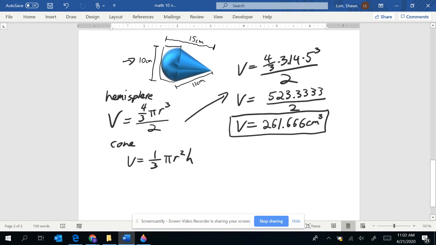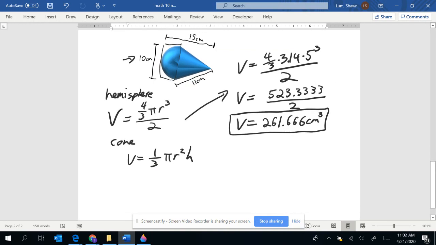Now I need to find the volume of the cone. So again, I'm going to take this formula right here. We're going to go volume equals 1 over 3 times 3.14 times the radius. Again, here is the diameter, so half of that is the radius, so it's going to be times 5 squared